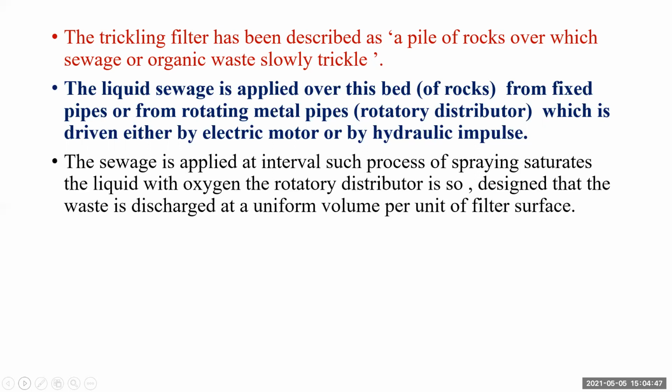The sewage is applied at intervals such that the spraying process saturates the liquid with oxygen. The rotary distributor is so designed that the waste is discharged at uniform volume per unit area of filter surface. Okay, so what we do is initially we spray the sewage, and then stop, then again spray. What happens? Sewage is applied at intervals. What it does, it saturates the liquid waste with oxygen. And we adjust the rotary distributor so that the waste is discharged at uniform volume per unit